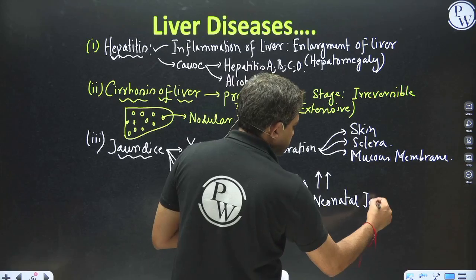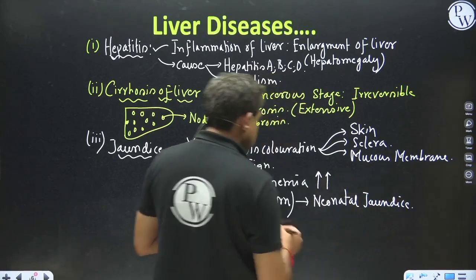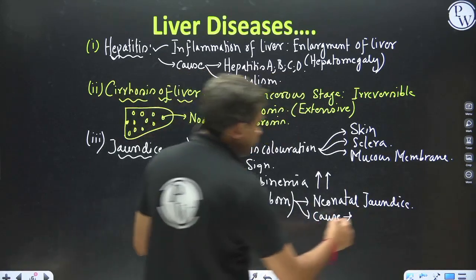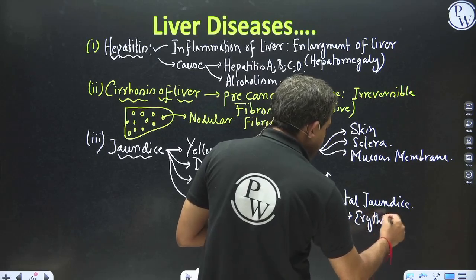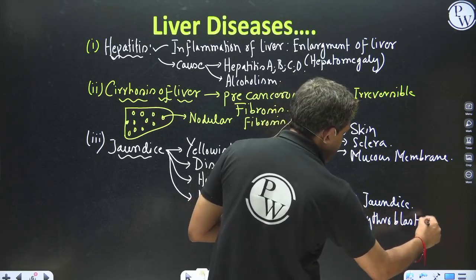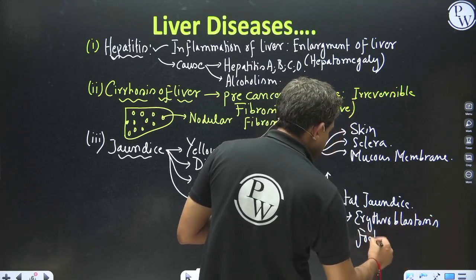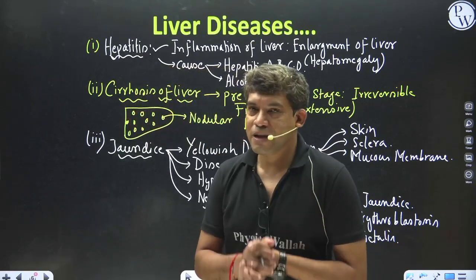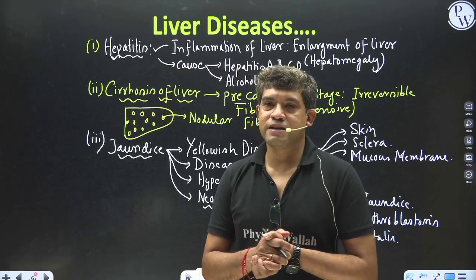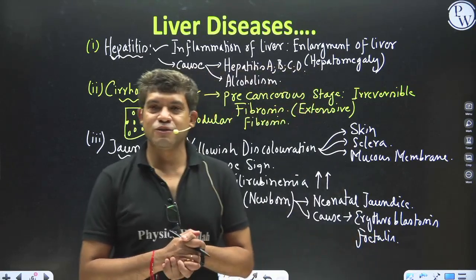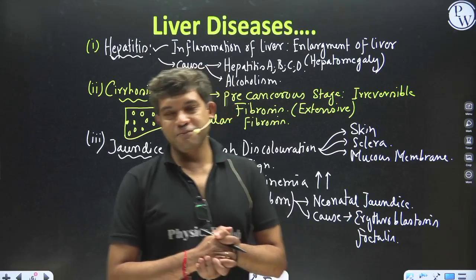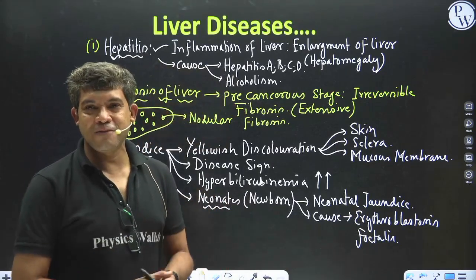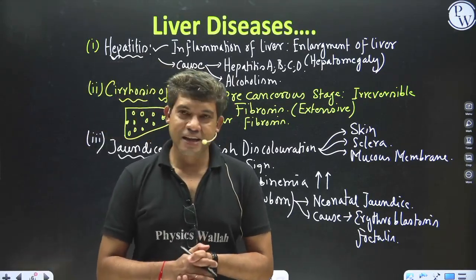Its basic cause is, for example, erythroblastosis fetalis. So you have already learned about that in the blood chapter. It is associated with erythroblastosis fetalis, which is related to an Rh incompatibility between the mother and the fetus. If the mother is Rh negative and the fetus is Rh positive, then in the first pregnancy